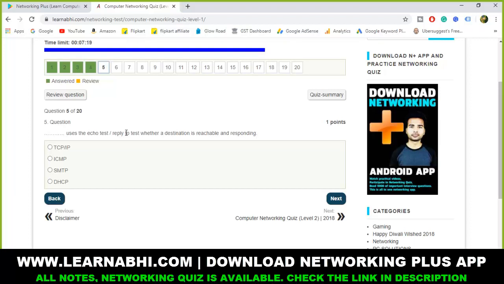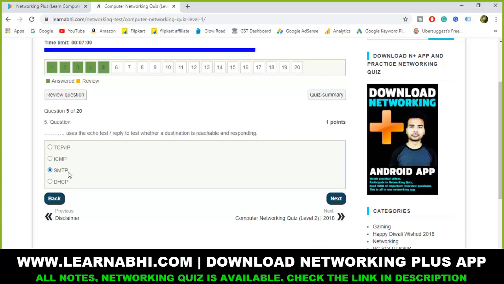It is SMTP, I think. What is the full form of SMTP? Before answering, just try to understand what the full form of SMTP is. Tell me.